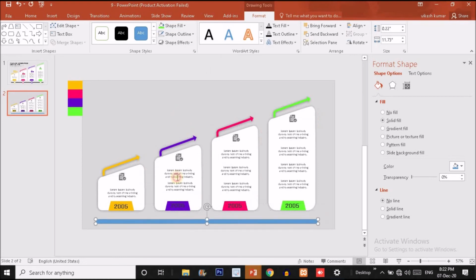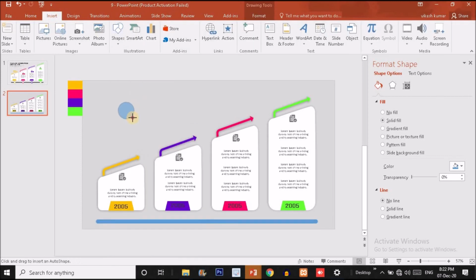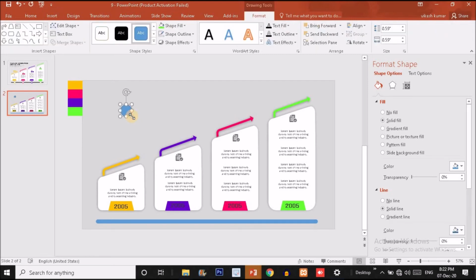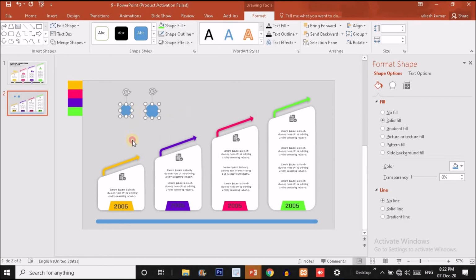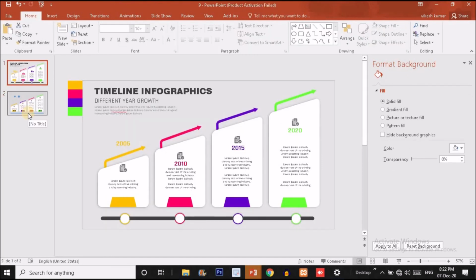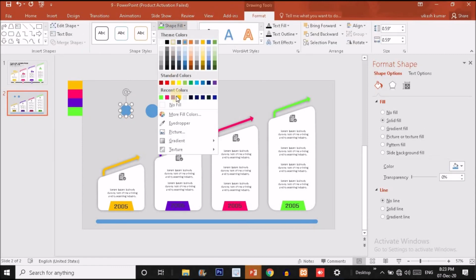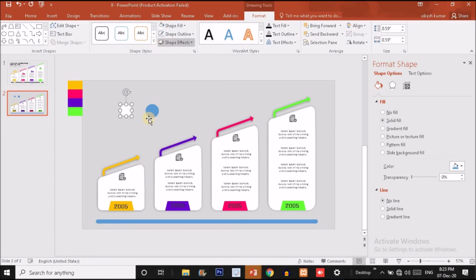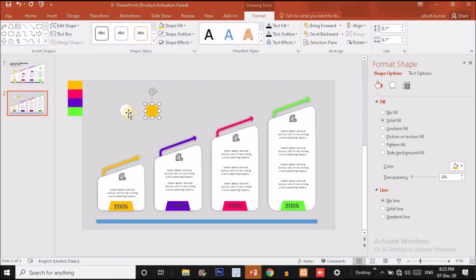And now what you have to do, you just have to click on insert option and choose an oval shape like this. Press Ctrl and Shift together and drag an oval like this. Again press Ctrl D, Ctrl Shift and drag it something like this. Now select all these two shapes and make it no outline, guys. Now you just have to choose a white color for this shape. So click on format and choose white shape fill. So I'm going to choose this color, and for this I'm going to use this orange color.